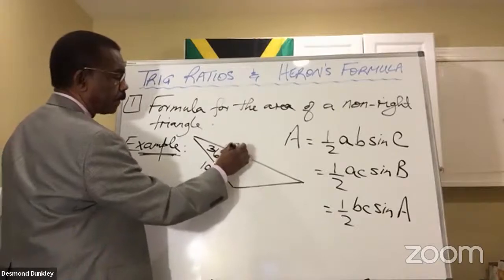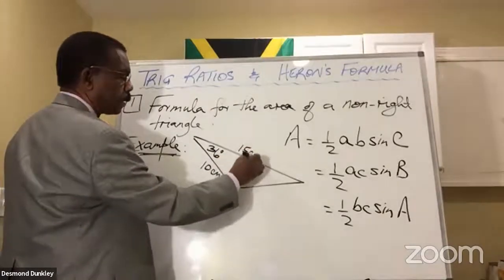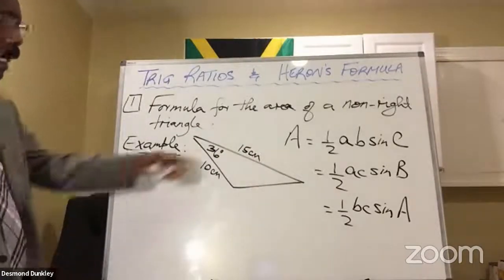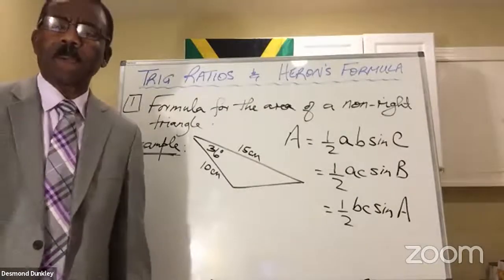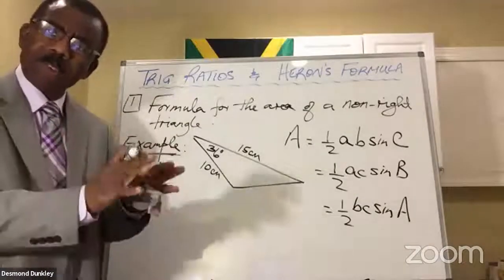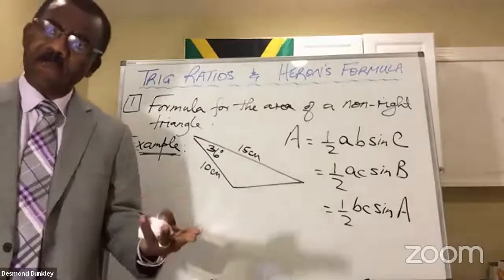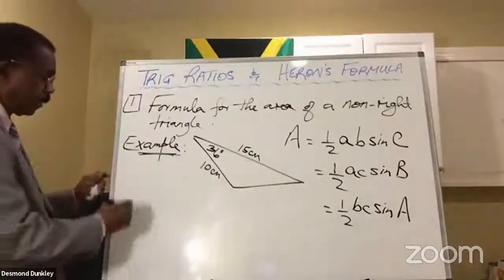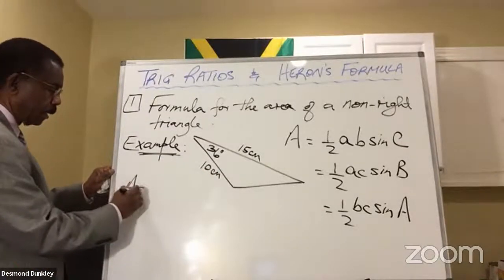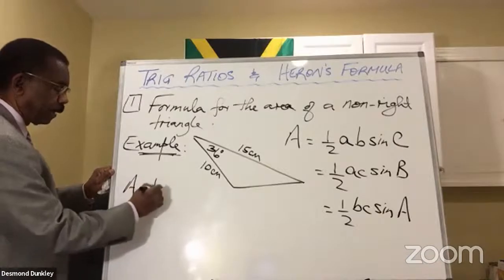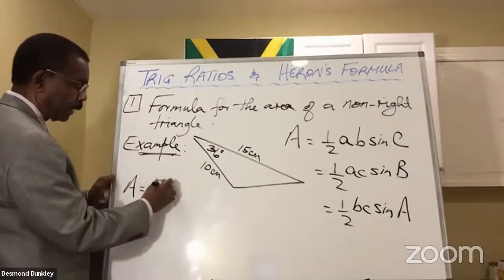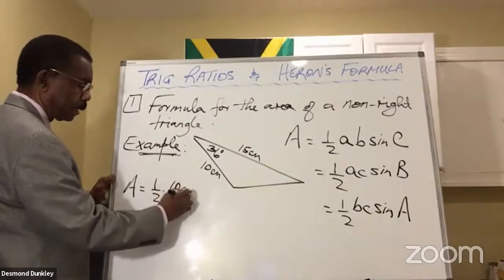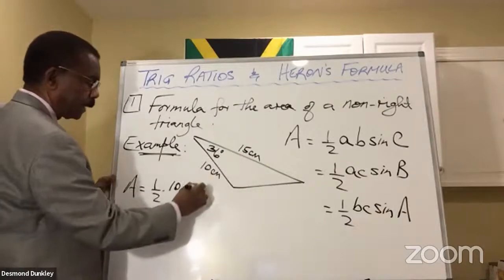Let's call this 15 centimeters. You're asked to calculate the area of that triangle. Before this class today, this would have been a challenging question. Now we know that the area is equal to a half times the length of the sides, that's 10 centimeters, times 15 centimeters,